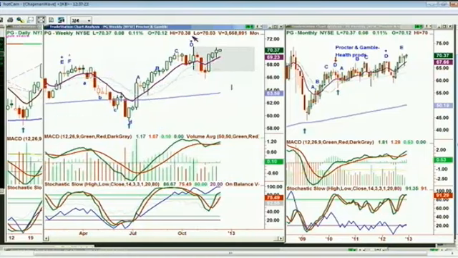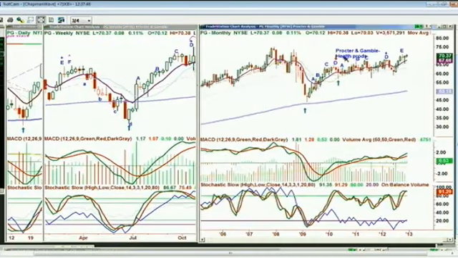it's the pattern I call, some of them I have little comic terms for, because it's a good way for my subscribers and people who attend my seminars and webinars to remember them. It's the Groucho Marx eyebrows top. So the way I'm looking at Procter at this particular point, there is a lot of resistance that needs to be overcome in the